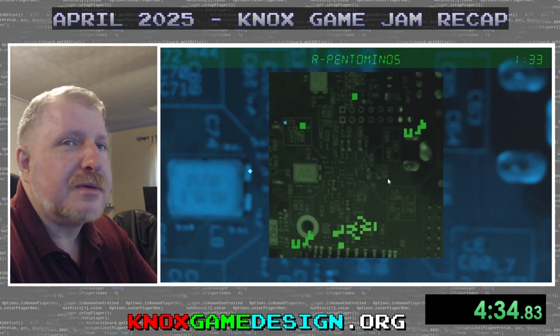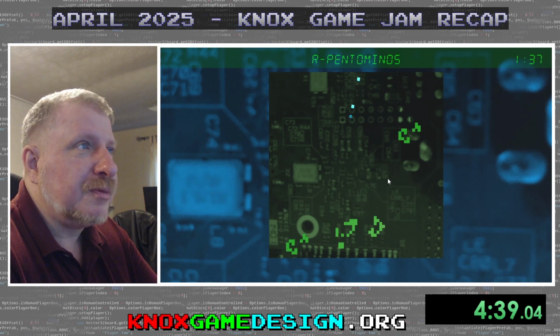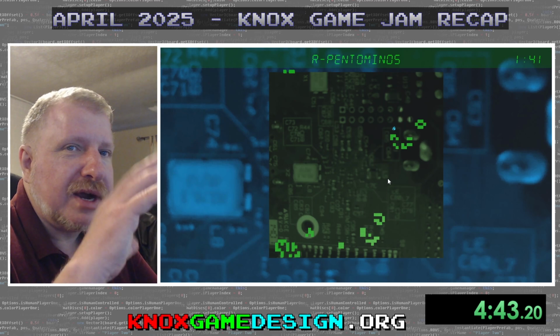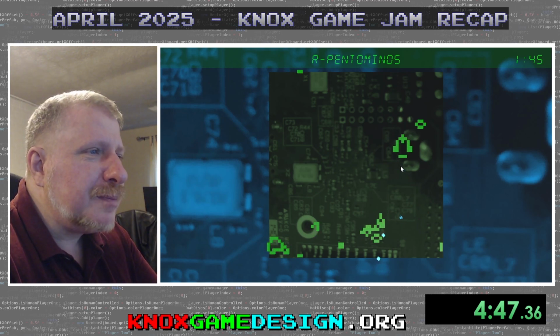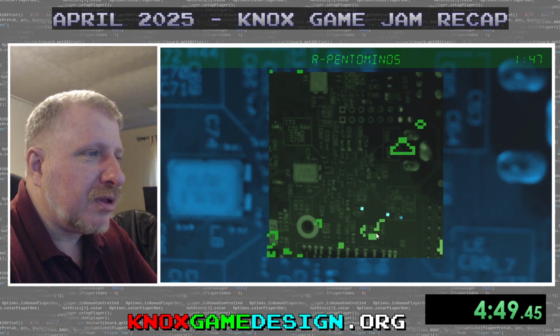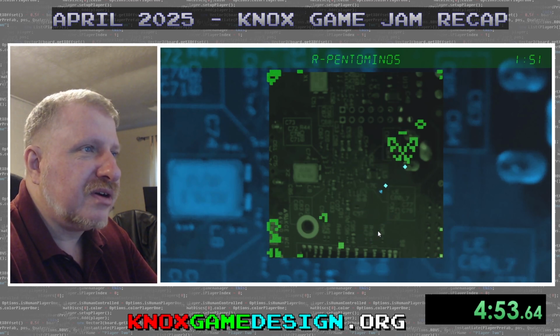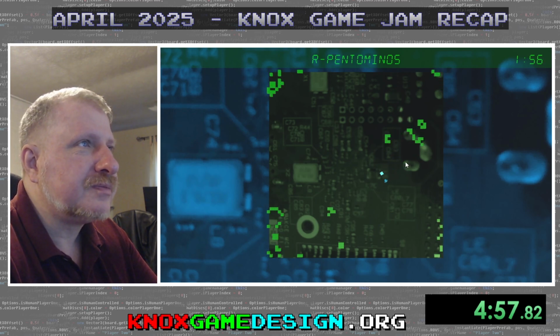But I did render that in Blender. I did the blocks in Blender too, with a simple texture. I think I took a picture of a speaker, the little grate on a speaker, and that's what that is. One thing I may change is make the blocks a different color than the background, because green on green is hard to see. That's a very interesting pattern right there. It's like a butterfly or something.